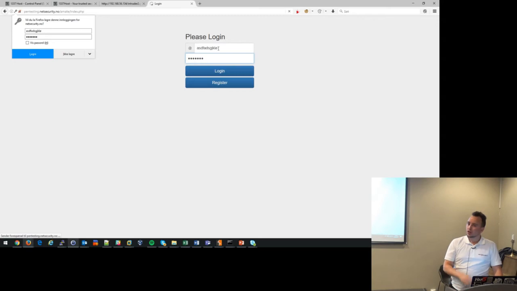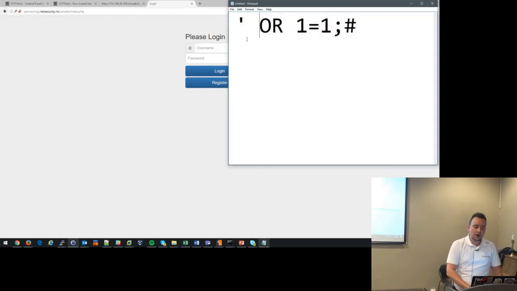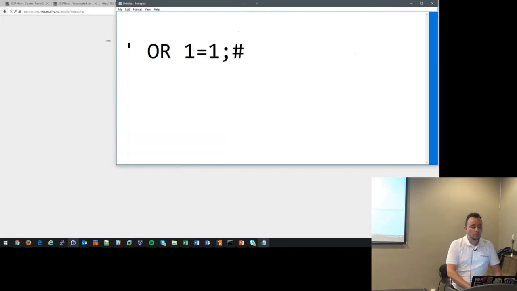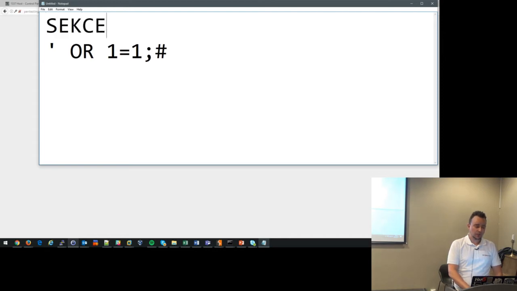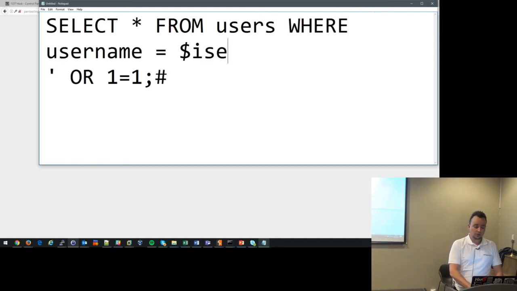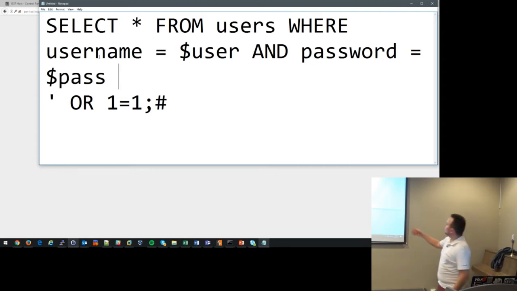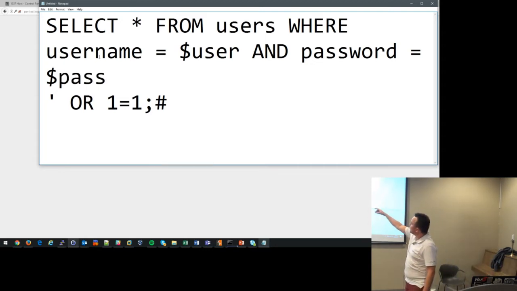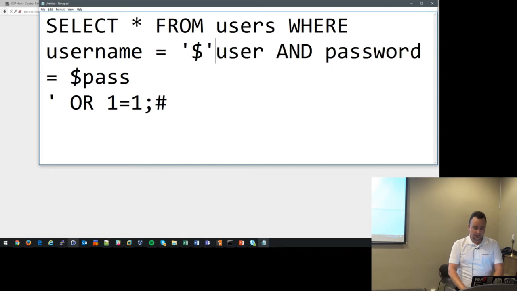No. This worked because if we look at the query that they're most likely doing on a database, they have this select, right? Select star from the users table where username equals user and password equals pass. And let's pretend that the user variable and the pass variable are coming directly from the user, because that's basically what it is. Around this user, we define it as a string,